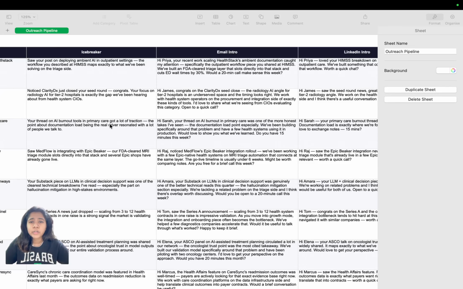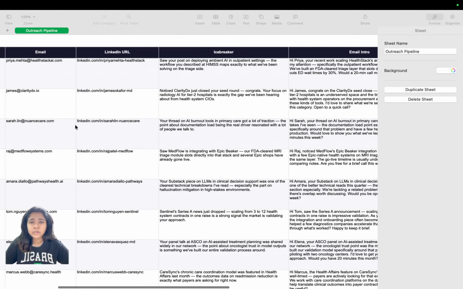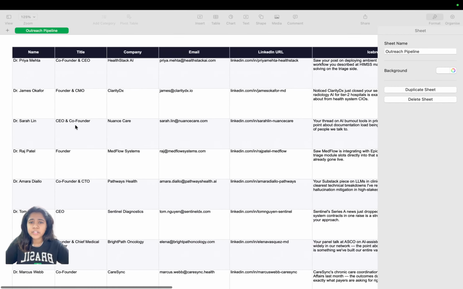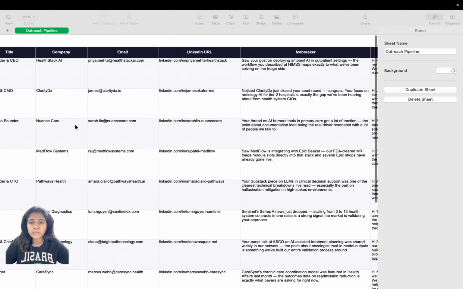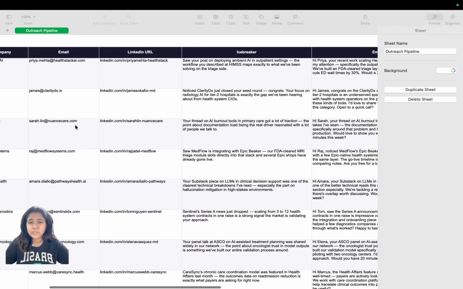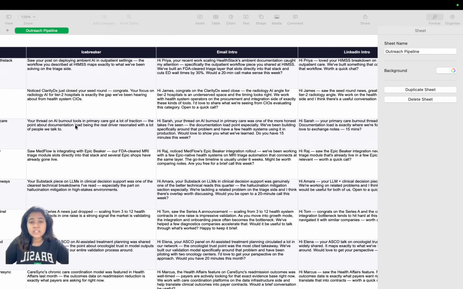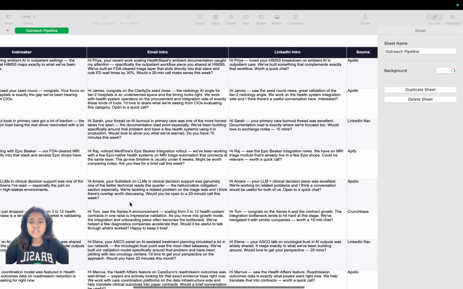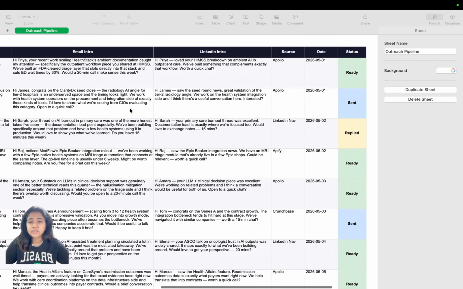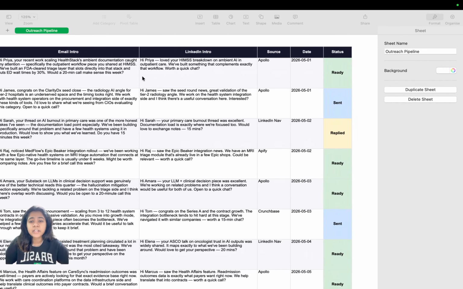So to recap what you actually saw, one automated workflow that scrapes your ICP, waits for the list, cleans it, loops through every contact, enriches their profile with AI, writes a personalized icebreaker, builds a full message, and saves everything to a sheet. That's the work of a full-time SDR running in the background while you are seeing patients or